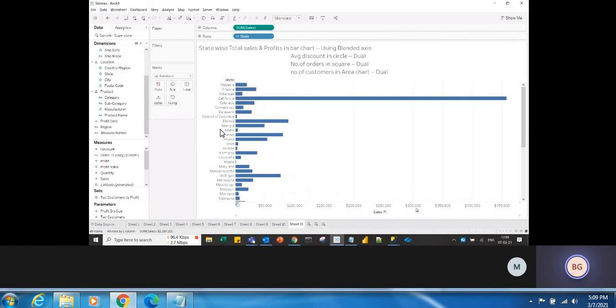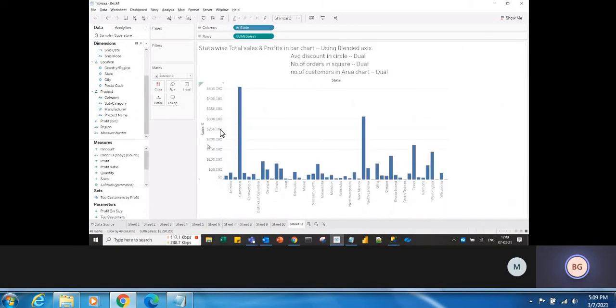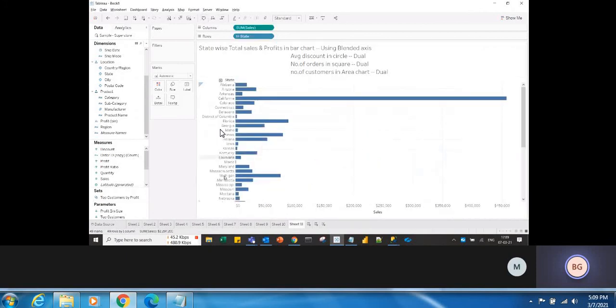If you swap it, maybe I'm swapping every time, you are seeing whatever is there in the y-axis is the measure, right? No. What happens if I'm swapping like this? Now the y-axis is having headers, not the axis. Sales is the axis. So a simple thing to remember is dimensions will create the headers, measures will create the axis.